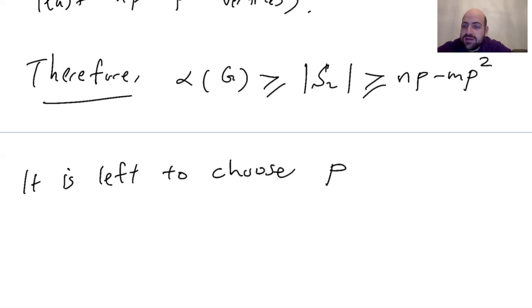We said in the beginning that we are considering a random subset S of vertices of G, where each vertex appears independently of the others with probability P. But we haven't chosen P yet. Now, how do we choose P? Well, we know that NP minus NP squared is a lower bound for alpha of G. Of course, we want the lower bound to be as large as possible, right? So it's left to choose P